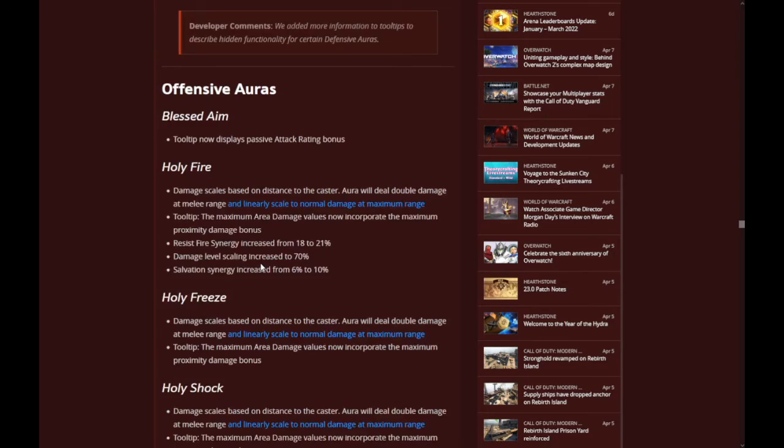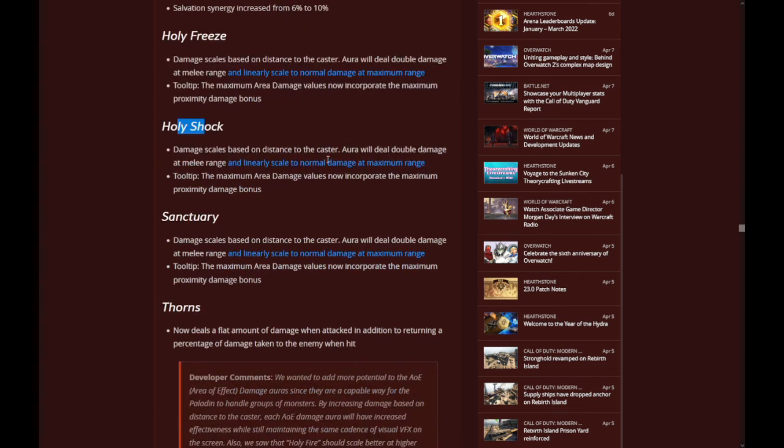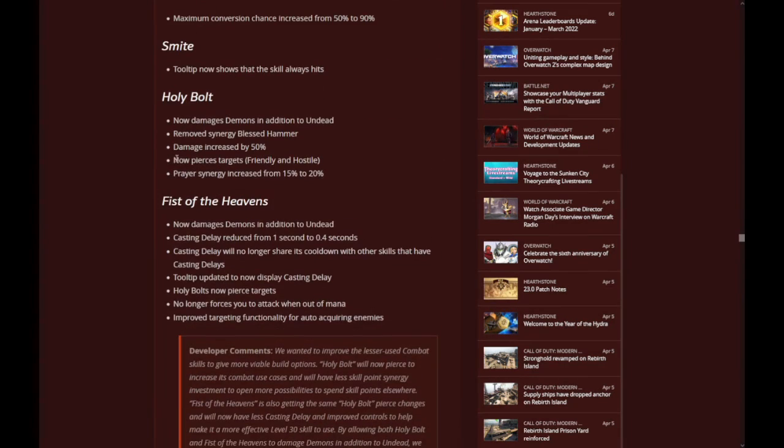So huge changes for the Paladin. We'll have to see how the Holy Freeze, Holy Fire, and Holy Shock work with their scaling, but with Holy Bolt and Fist of the Heavens, you can now make a Fohdin in Diablo 2 Resurrected. Very exciting, very useful. Comment down below on what you think of the changes to the Paladin for 2.4, and